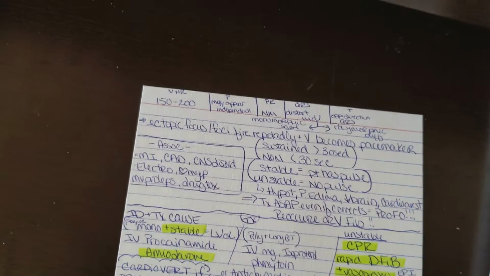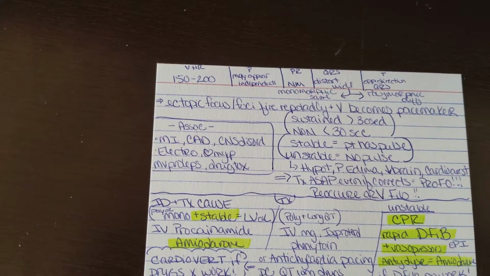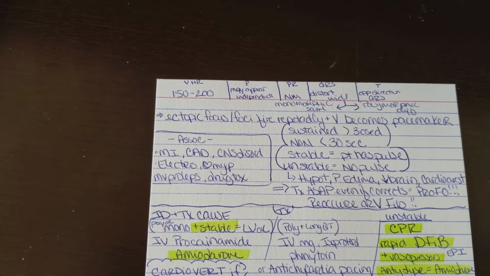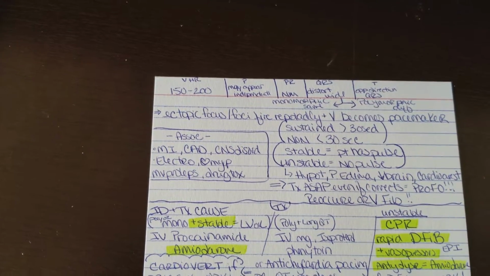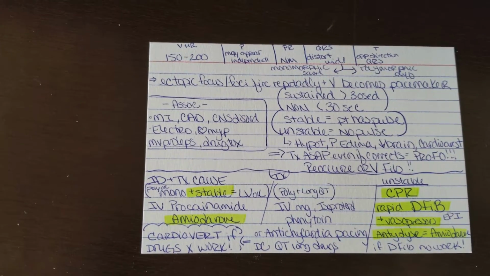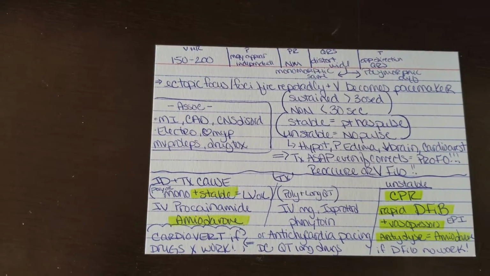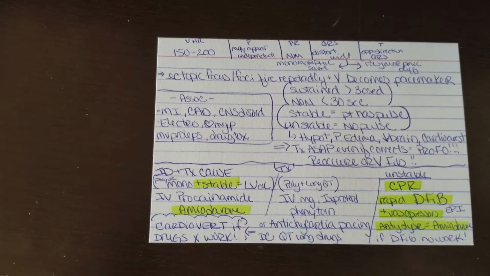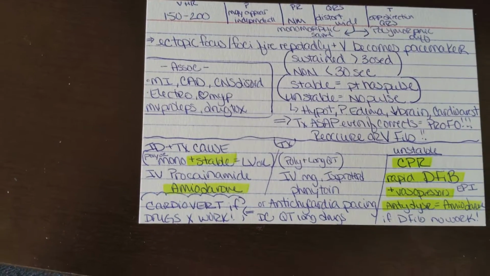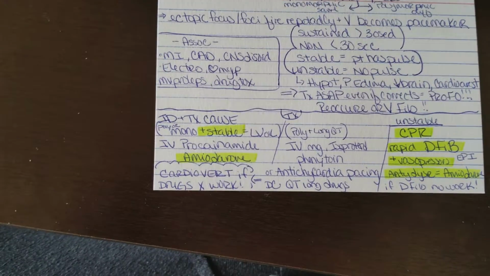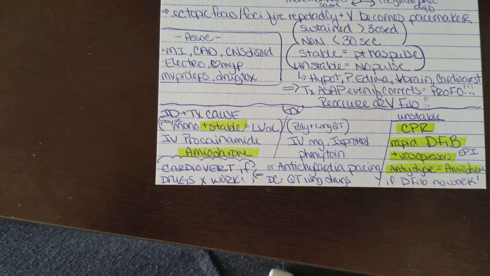Unstable, they can become hypotensive, pulmonary edema, low brain perfusion, cardiac arrest, and you need to treat them as soon as possible, even if it corrects itself, prophylactically, or else it could reoccur or even come back as VFib. So if they're stable, you're going to be doing IV amiodarone or IV magnesium,